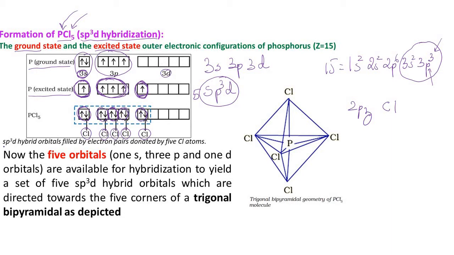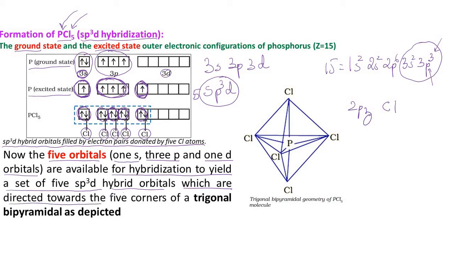So you can see sp3d hybrid orbitals are filled by electron pairs donated by 5 Cl atoms. Now the 5 orbitals, which are those 5? 1s, 3p and 1d orbitals are available for hybridization to yield a set of 5 sp3d hybrid orbitals, which are